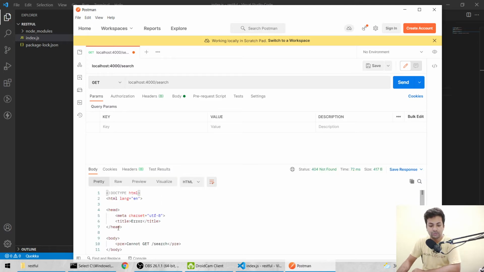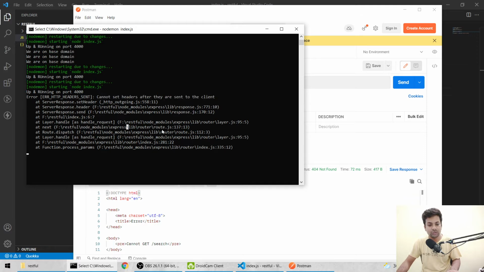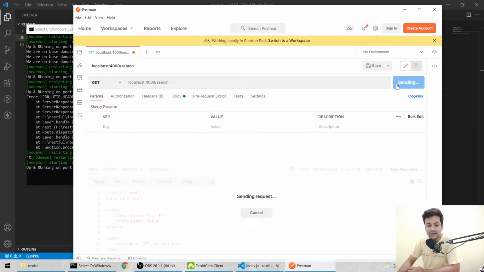Cannot get. Why cannot get? I think it was an error, so we have to reload it. Sometimes it gets stuck, so whenever I touch any key it just reloads fast. Okay, so now it's running. So if I hit send, you are on search URL.